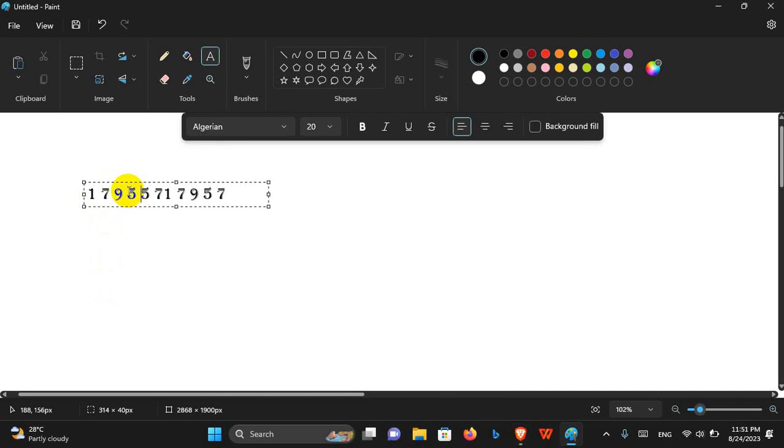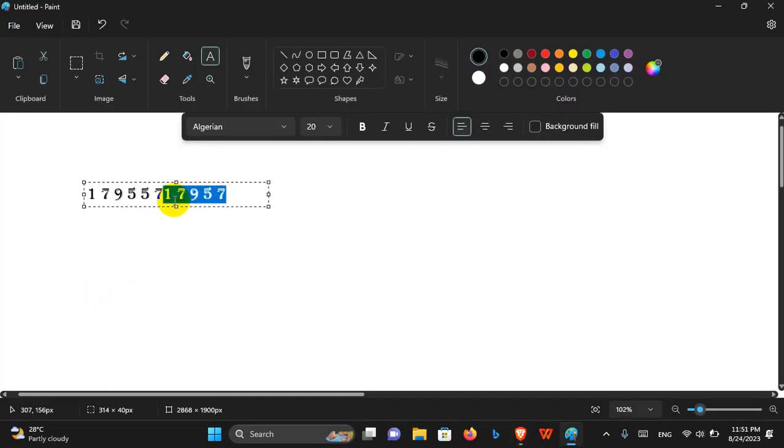So what I am simply trying to explain is that from 1 to 7 it's not decreasing, from 7 to 9 it's increasing, from 9 to 5 it's decreasing. When it decreases, we will put 5 right here in the middle. Now it's good. 5, 7 increasing. Now if it's,